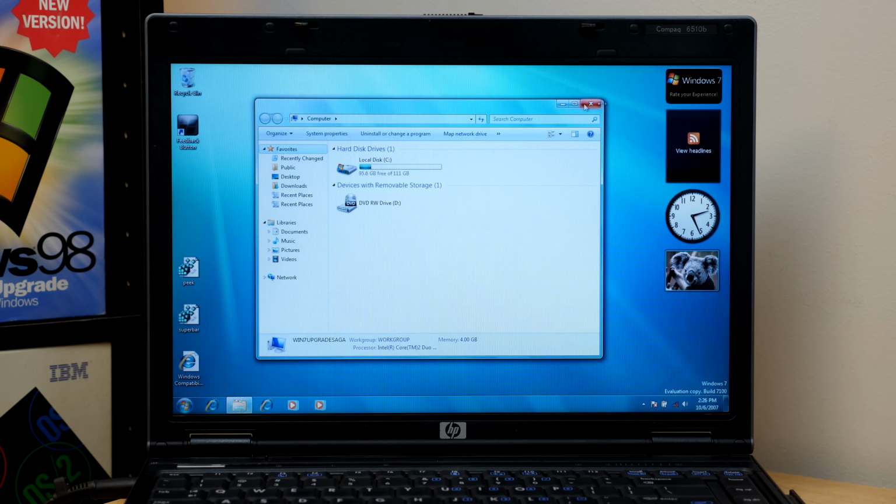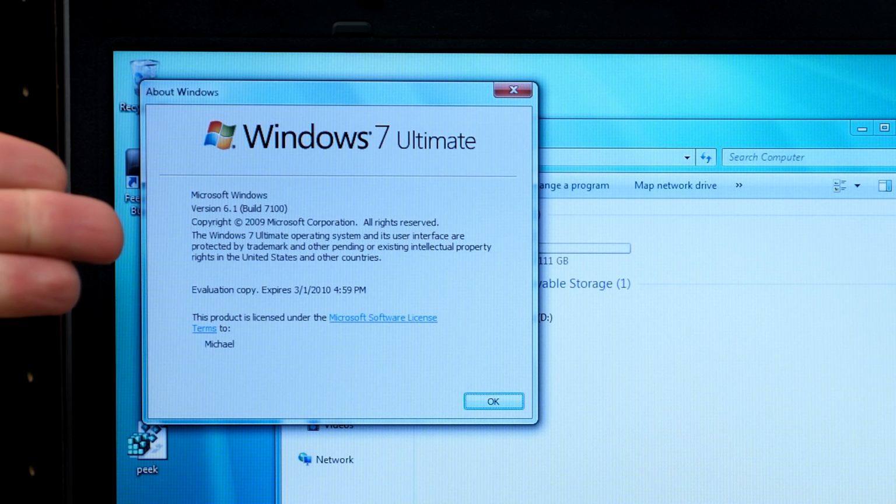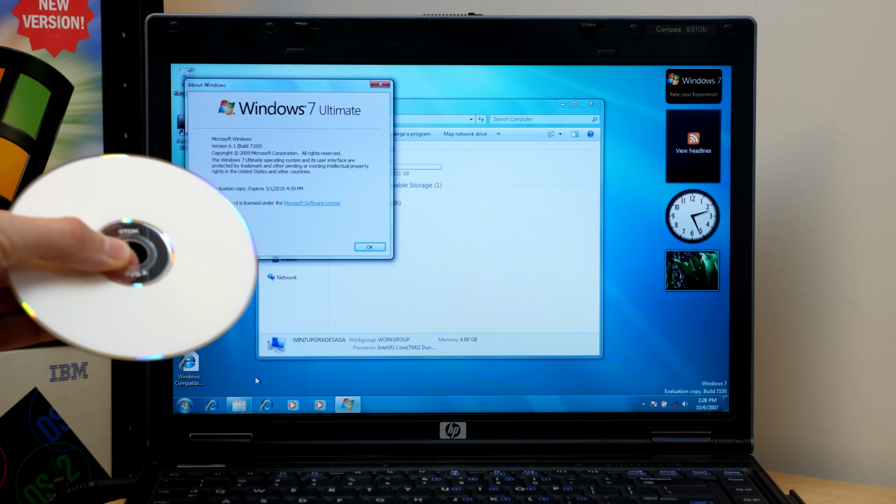That's right, it actually worked as the computer's about to go to sleep. So yeah, here we are running. Hang on, let me pull up Winver here. Build 7100, which is just awesome. That means we have 1 build left to go, and I've got the RTM release of Windows 7 burned to